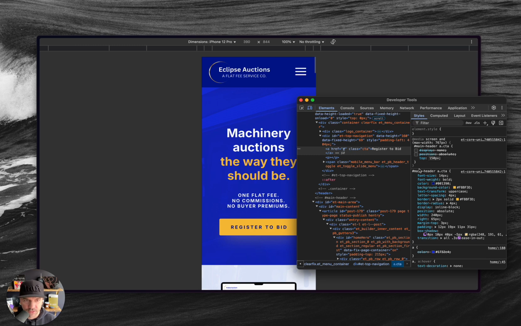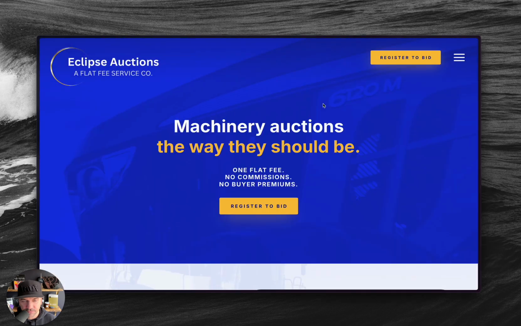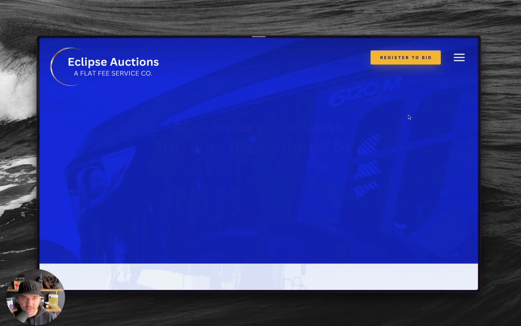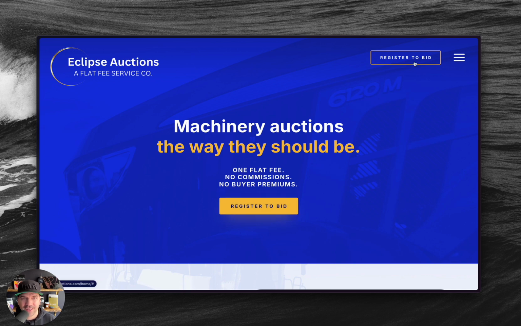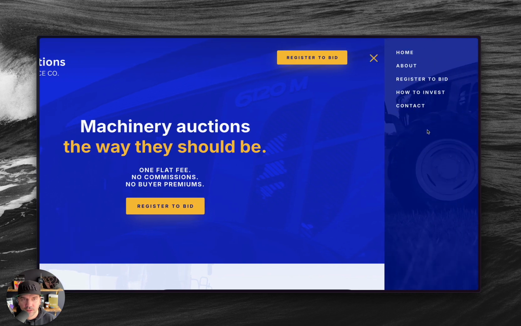How about 150? Okay, that's great. I have to extend this down, and I really don't want to do that. So I'm fine with just hiding it. I think that's fine. But yeah, that's how you can quickly add and style a button